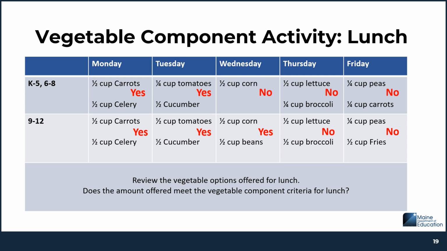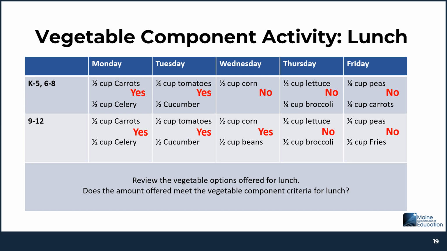Okay. So with our sample menu for grades K through 8, the minimum offering of 3/4 cup was met on every single day with the exception of Wednesday, when only a half cup of vegetable was offered. At the high school 9 through 12 level, every single day they met the minimum amount to be offered of 1 cup, with the exception of both Thursday